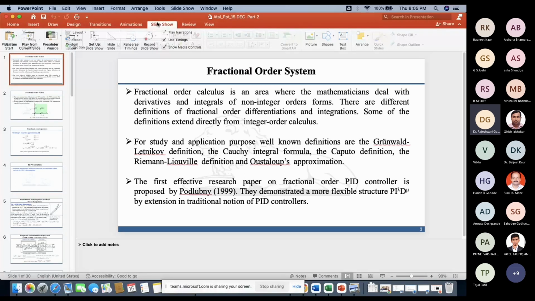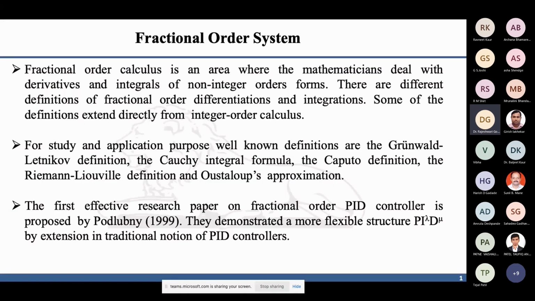So now in this second part of the talk, I would like to explain the basic fractional order. Why? Because I have developed one controller with the help of fuzzy logic that requires a fractional thing, right? So here you can see what a fractional order system is,